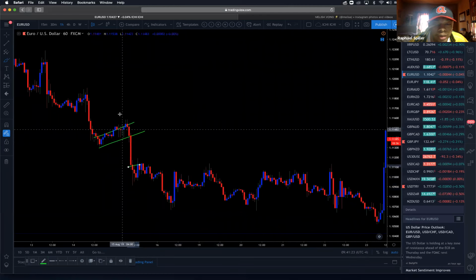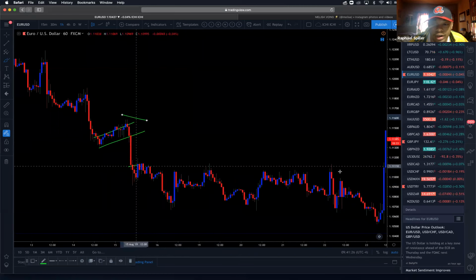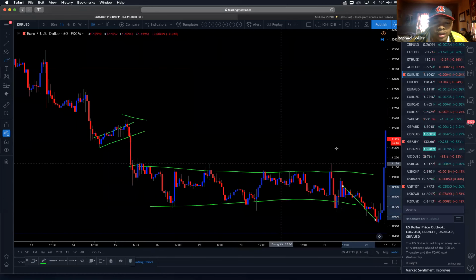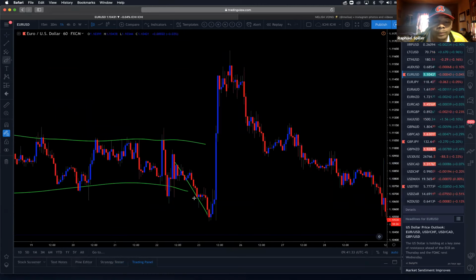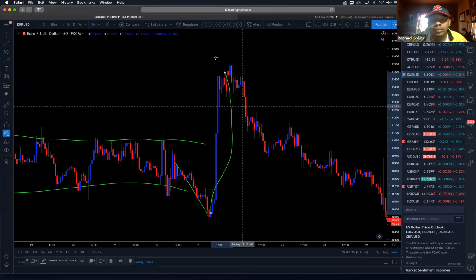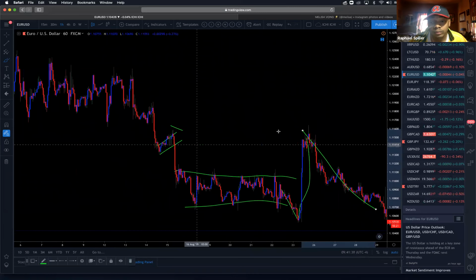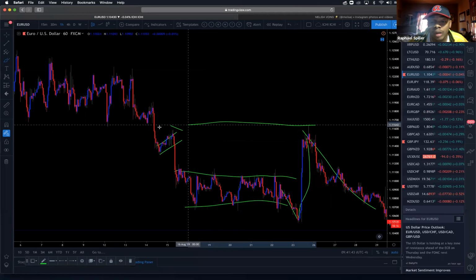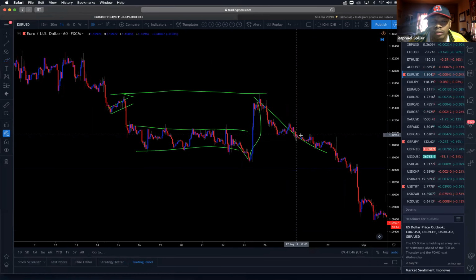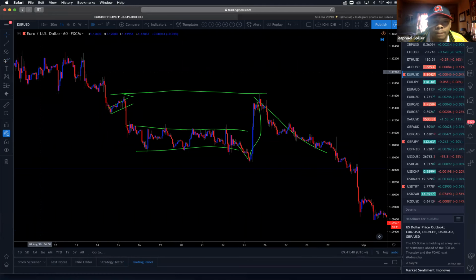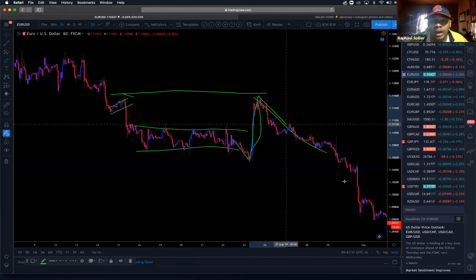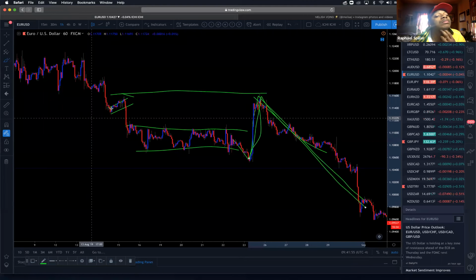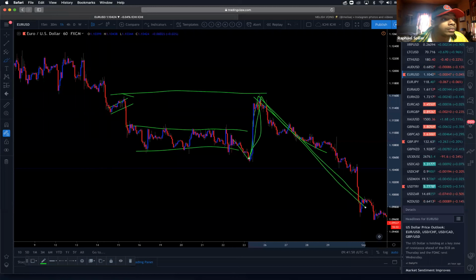You entered here, your stop loss is here, and it didn't even come anywhere near your stop loss. It actually started consolidating and gave you pips along the way before it went up and hit your stop loss. Then it went back down again. It hit perfectly in your stop loss and shot down. It hit that demand zone and then that supply zone and went down. That's exactly what happened. So you've got to be patient.